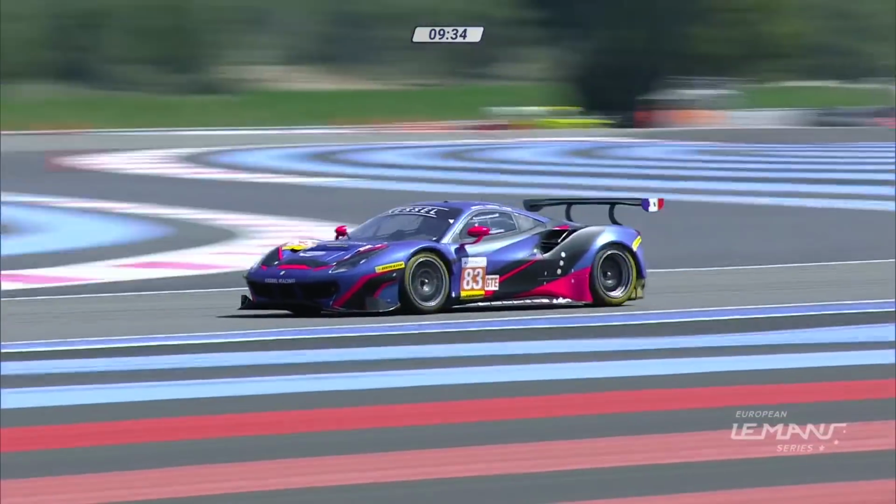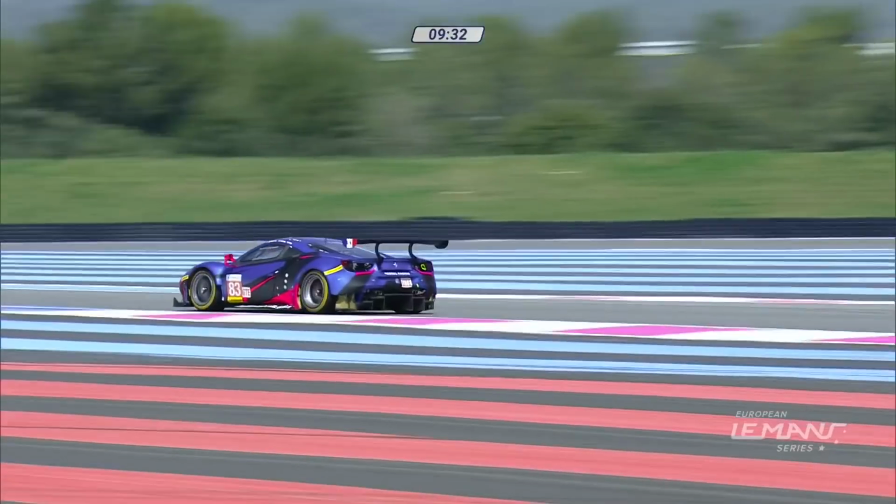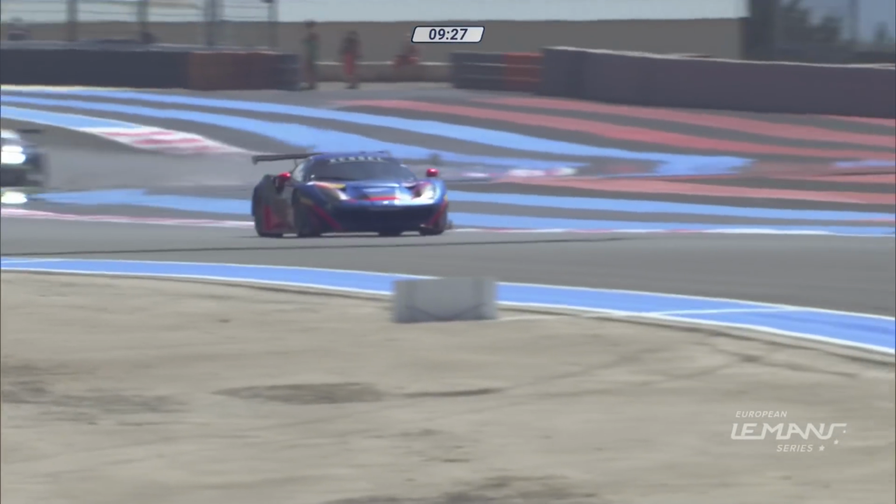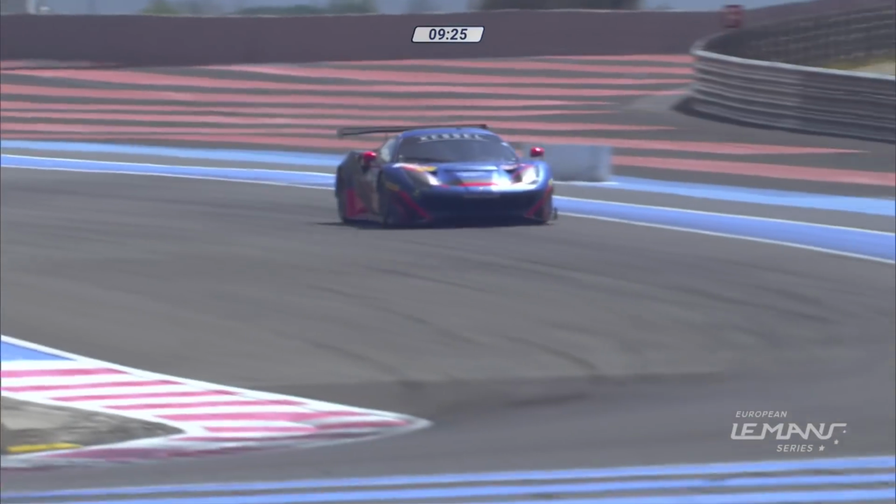Cars coming out on cold tyres. So it'll be interesting to see how this affects things when we get into the real race running and the mixed class that we have here. Well, I'm also projecting my mind